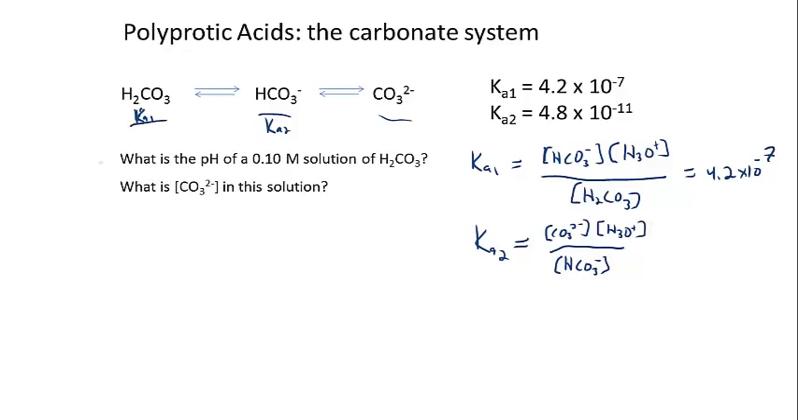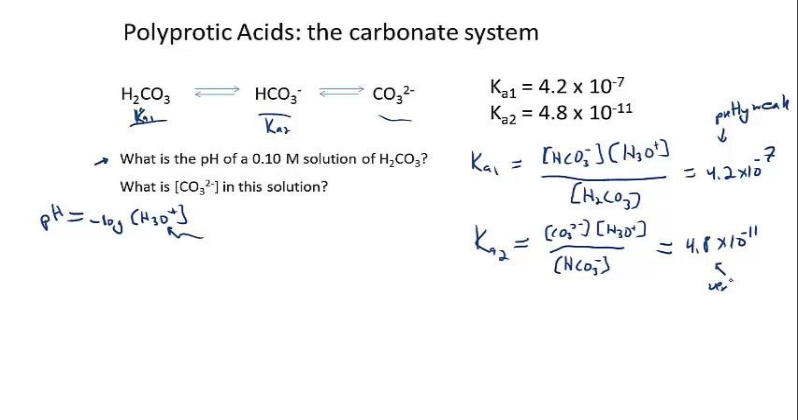Now, the first question is, what's the pH of the solution? The pH of the solution is going to be minus the log of the H3O plus concentration. And that's going to need to be found. We need to find the hydronium ion concentration. Notice that the Ka for the second reaction is 4.8 times 10 to the minus 11. So this is pretty weak. This is very weak. And so what we can do is assume, and it's a good assumption,